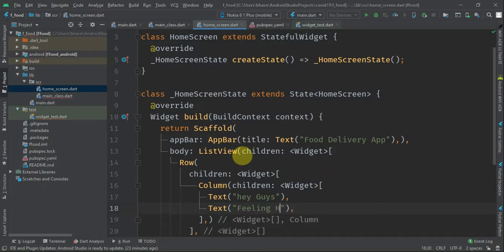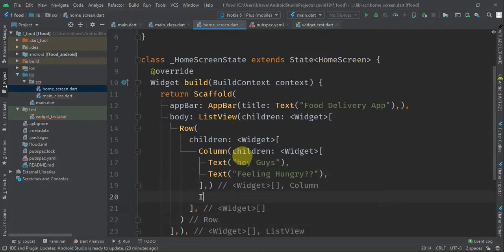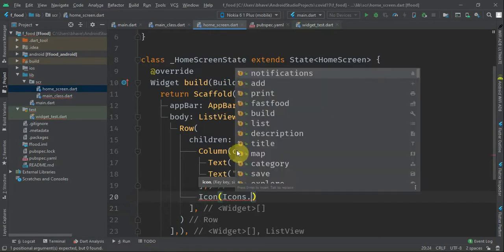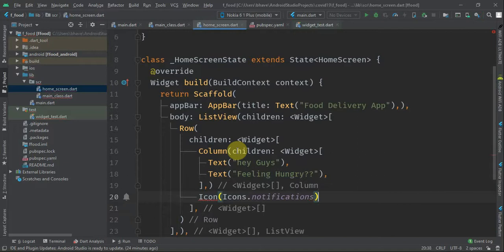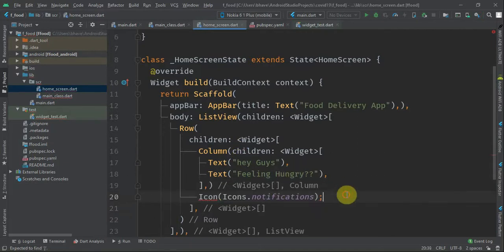Feeling hungry will be better. Okay, these are the two texts, and there should also be an icon. Inside that, it should be Icon dot notifications, right? This is what it's all about, if you got it, right?